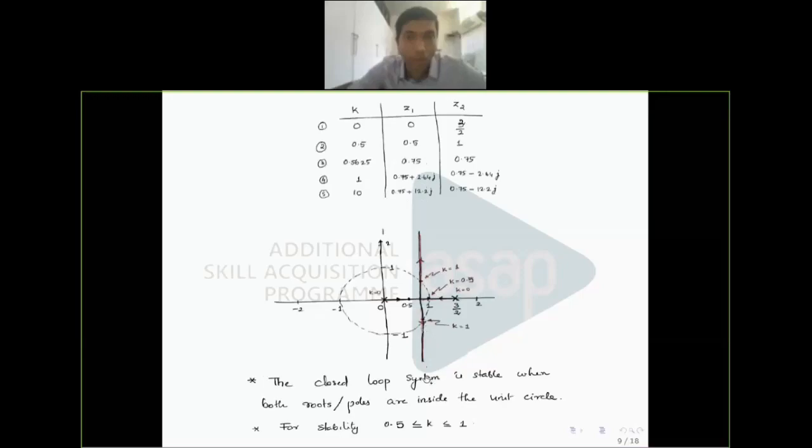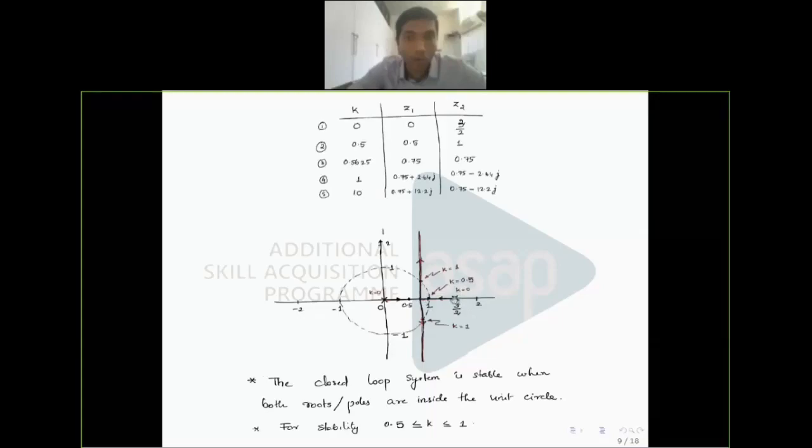So this is basically root locus. When the controller gain K is varied from 0 to infinity, I'm starting from 0 and increasing the value of K. What is the location of the closed loop poles? Observe one thing: I already mentioned that when K is equal to 0, the closed loop poles are at the open loop poles. That is observation number one.